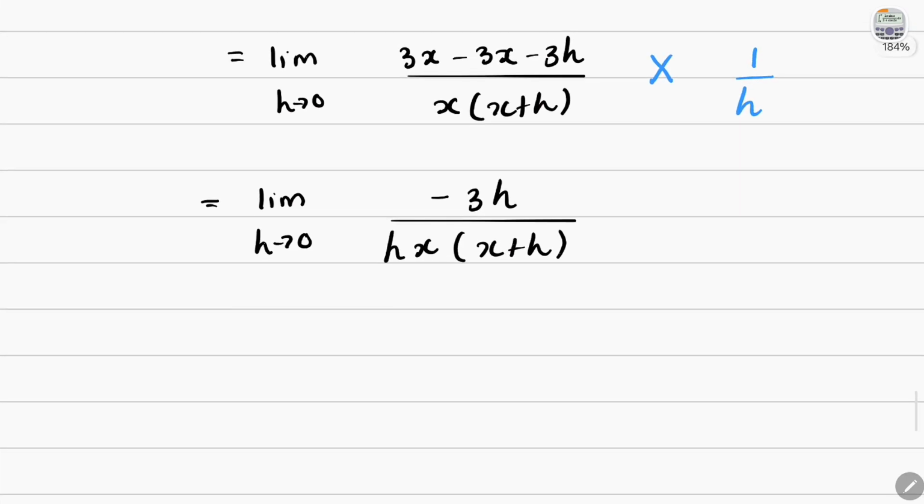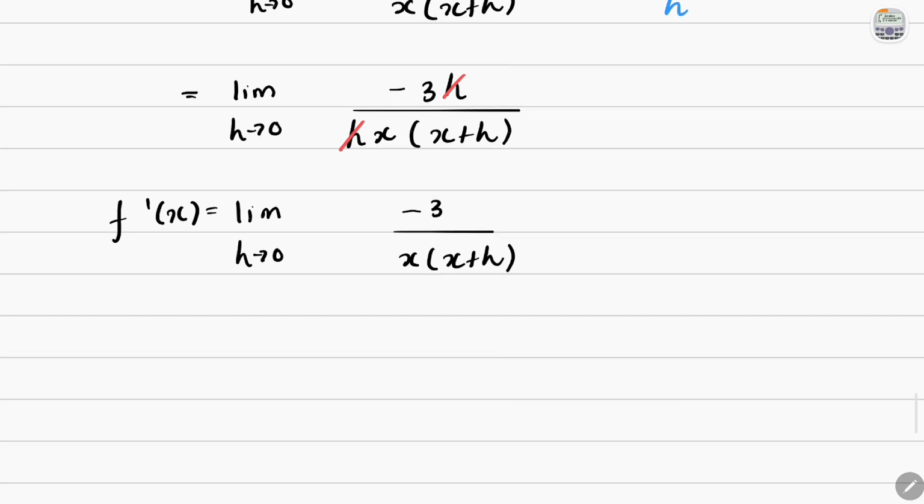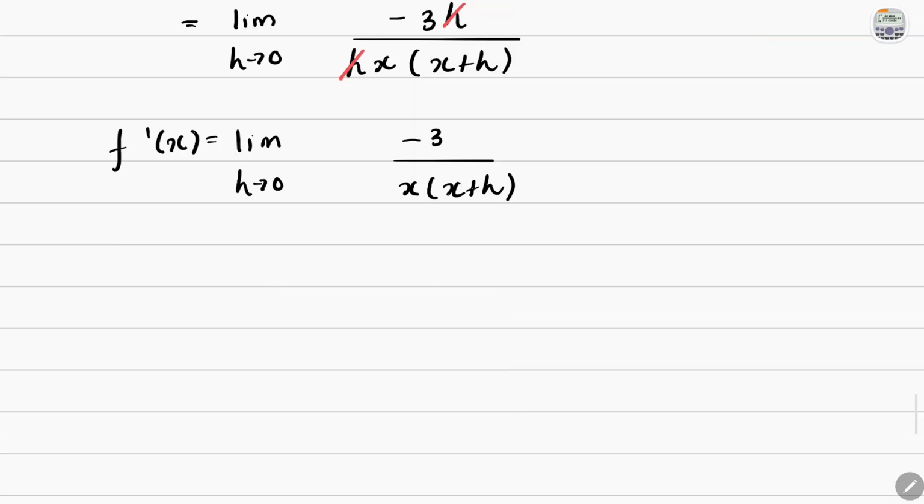And now our numerator of h and our denominator of h cancel. And f prime of x currently is the limit as h approaches 0. And all we're left with is negative 3 over x multiplied by x plus h. And now it's safe to substitute 0 in place of h because it will not cause our expression to become undefined. Okay, so this is equal to, so we'll just say f prime of x, and let's get substituting at